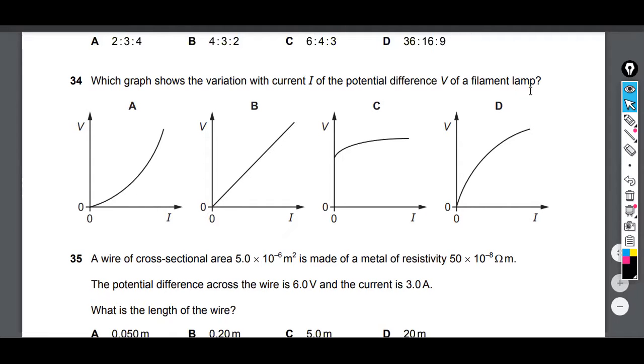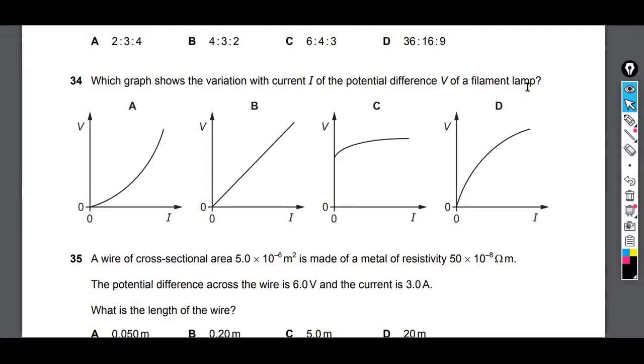A filament lamp is not a perfect metal resistor. In fact, it's what we call a non-ohmic component. And we'll study other non-ohmic components. In other words, they're components that don't really obey Ohm's law everywhere. Just like Hooke's law. Remember the way we thought about Hooke's law? When the extension is proportional to the force, that's when the material obeys Hooke's law. But there's a point, an elastic limit, where we could overwhelm the elasticity and it no longer obeys Hooke's law. So if we think about this curve right here,